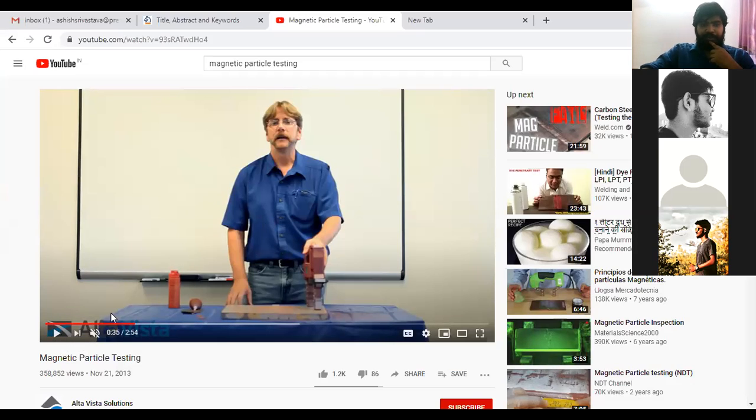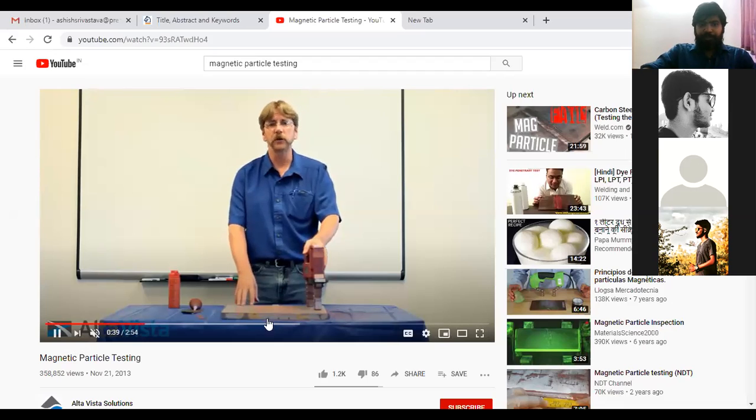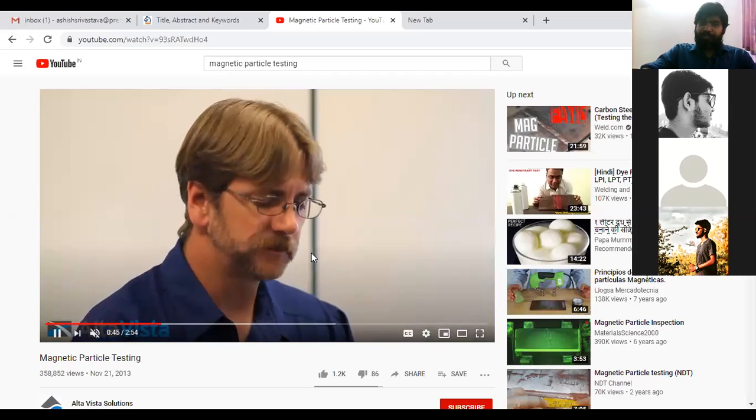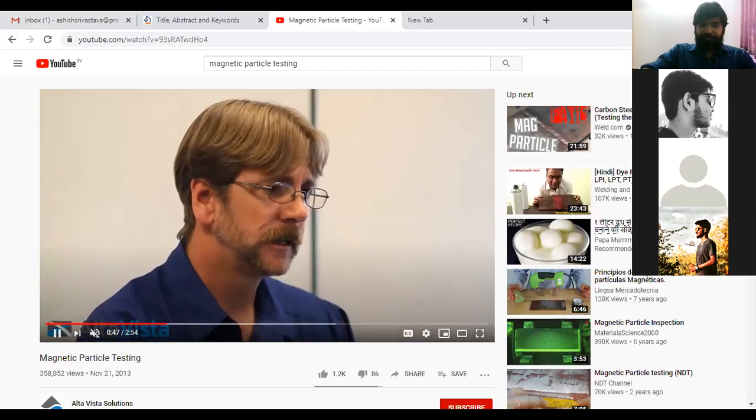Okay, so you can see here, this is our workpiece, on which we have to perform the test. Here he has taken an instrument that is used to generate the magnetic field.